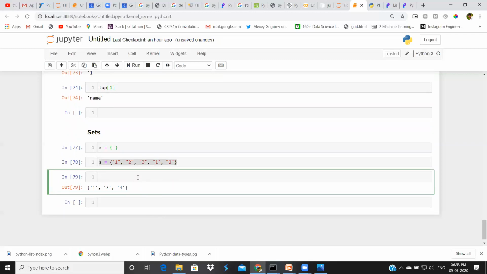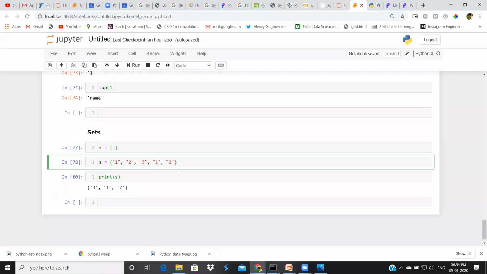When I am printing my set, I got only 3, 1, 2. But when I was defining, I had two ones and two twos. Actually in the set, I have only one 1 and one 2. These duplicate items are not allowed here.